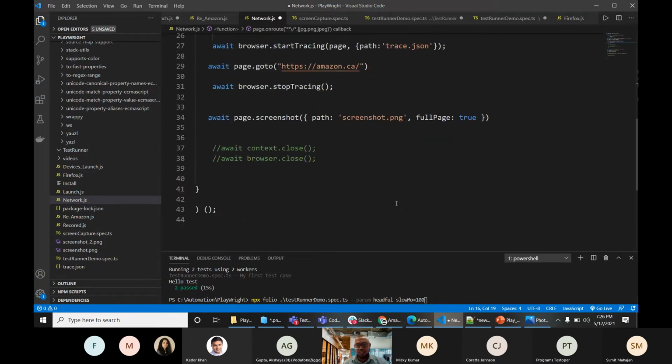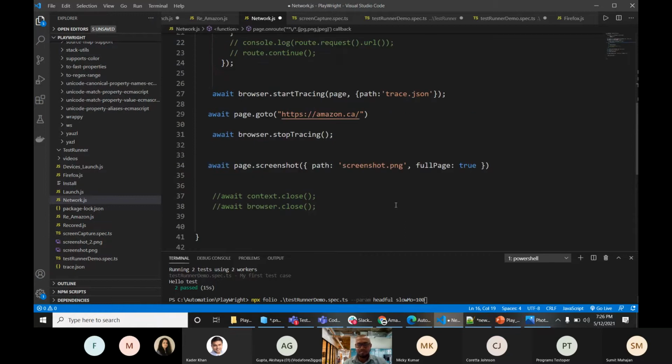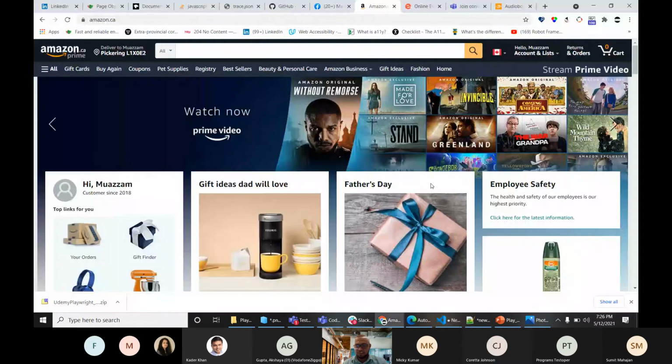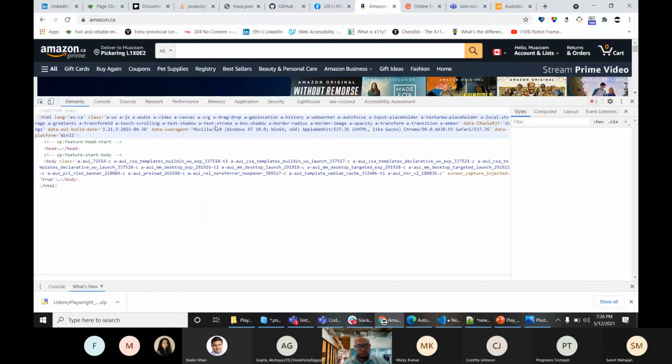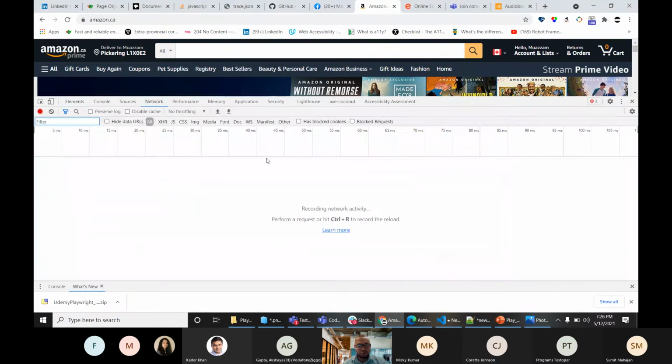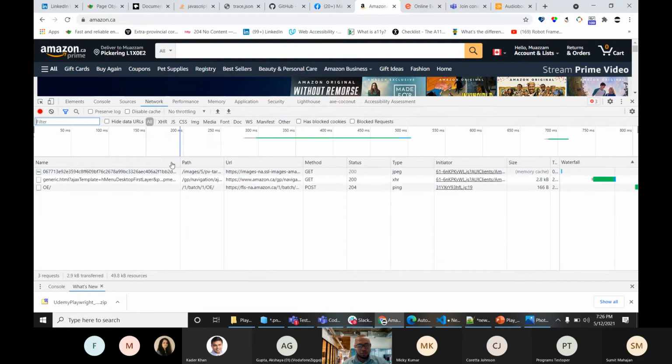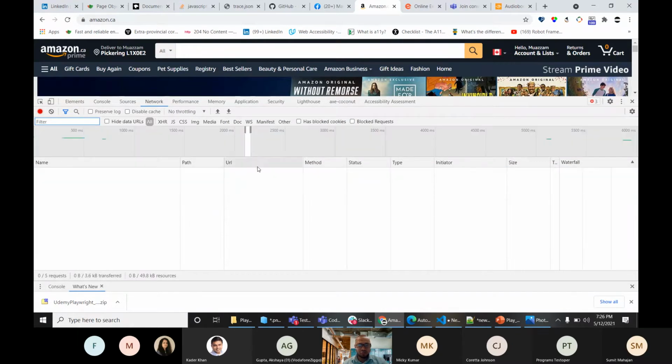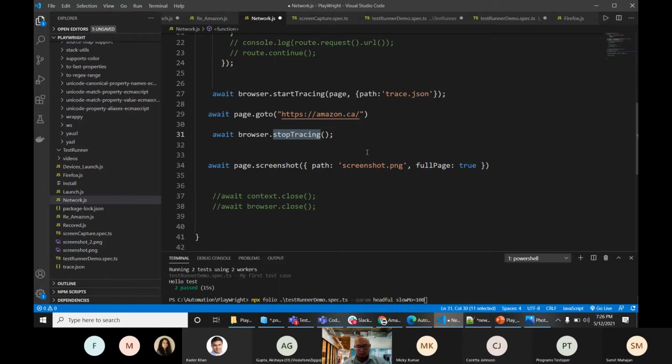Also, it has an option to capture a trace. Trace is nothing but, if I go to inspect developer option, network activity. Basically, this information is quite helpful to find out how much time it takes for the page to load, and this information can be very helpful for developers. So this feature is also provided by Playwright using